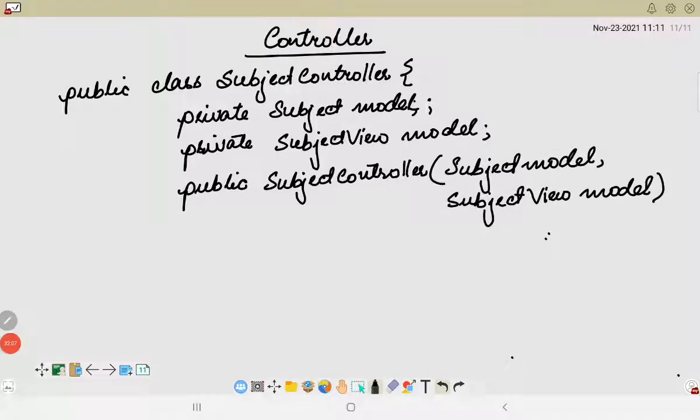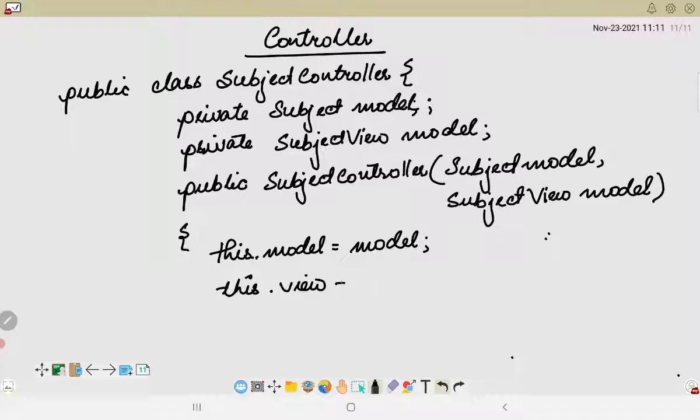Again here we will be using the this keyword. So this.model is equal to model, and then this.view is equal to view. So we will be incorporating whatever we have passed as a model and view in this particular constructor.